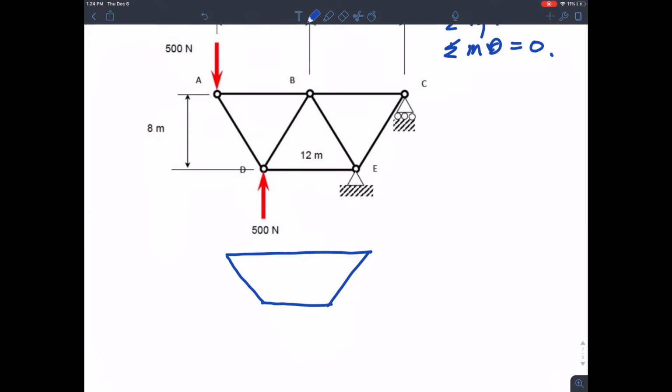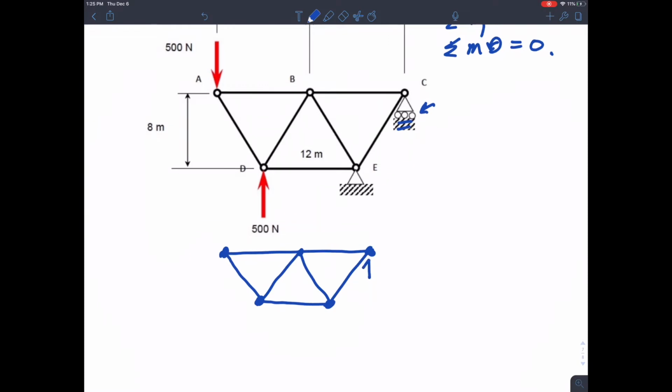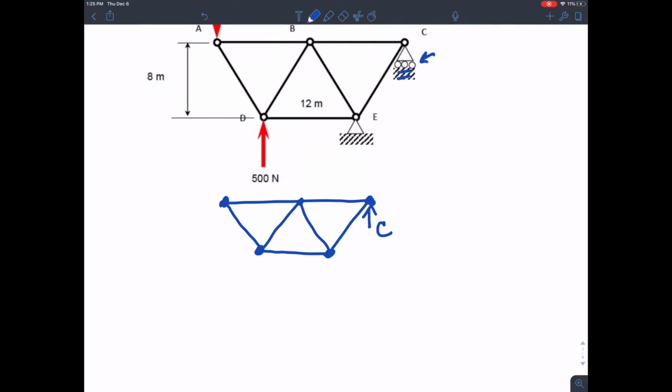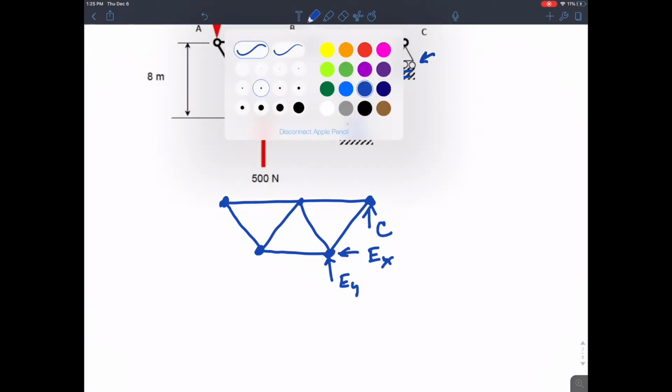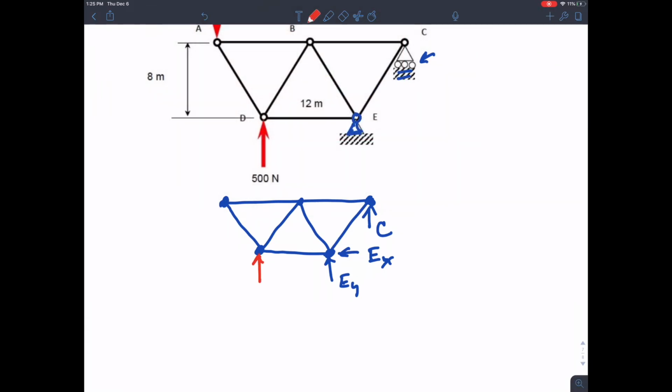Take it away from its supports. Alright. So we have this. And then because this is on rollers, this force C is in the vertical direction only. Okay. Because this is on a pin, remember pins can have forces that have a vertical component but also a horizontal component. So I'm going to draw it like that, EX going to the left. Okay, then we have our forces of 500 newtons applied here and